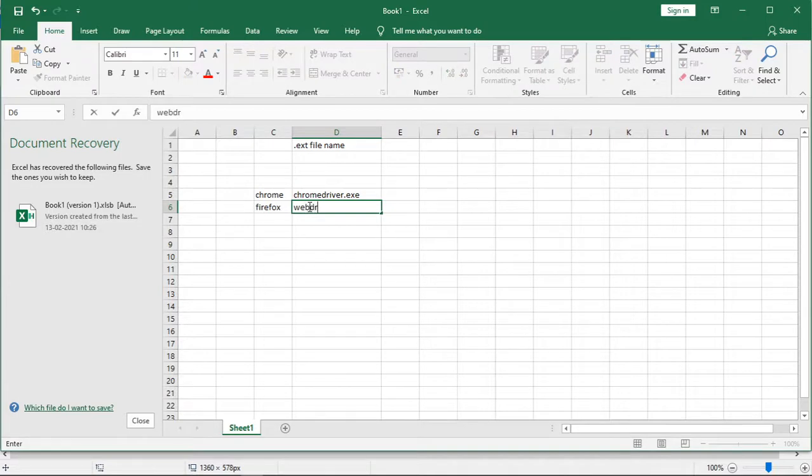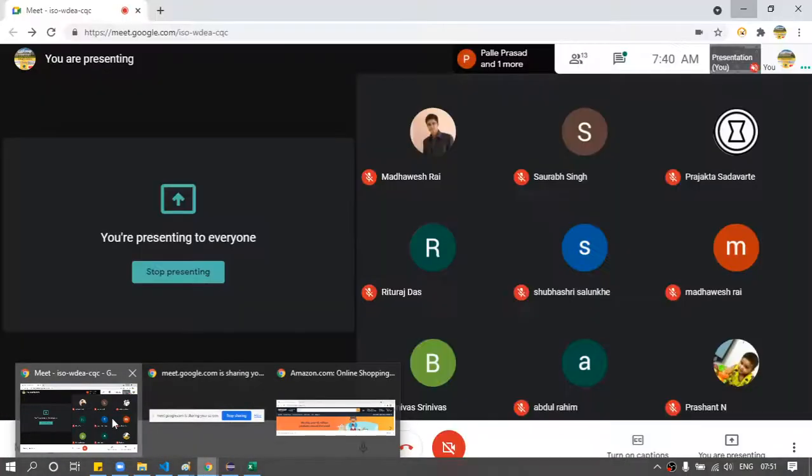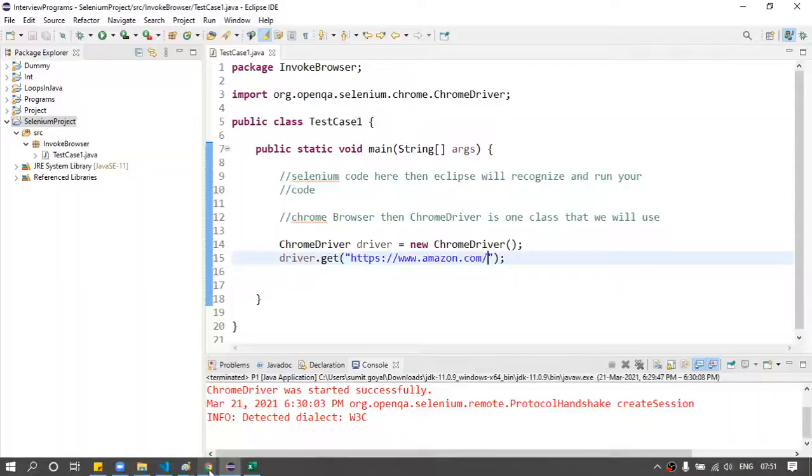And if I talk about Firefox, it is not Firefox WebDriver, sorry, it is Gecko driver. So in Firefox they have defined it with this name. So for Firefox this is the one, and for Internet Explorer. First we will discuss these three browsers, then we will move on. Then I will provide you one file where you can find out. So if I talk about Chrome browser, first we have to get this file, then we can run our browser from Selenium.